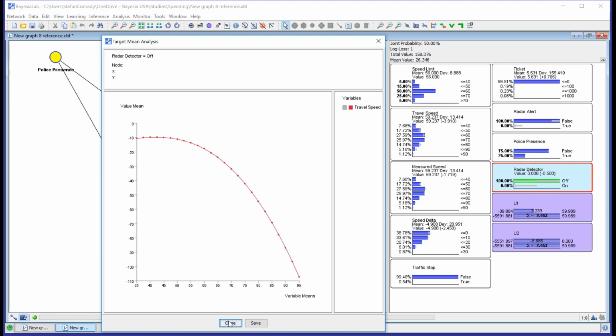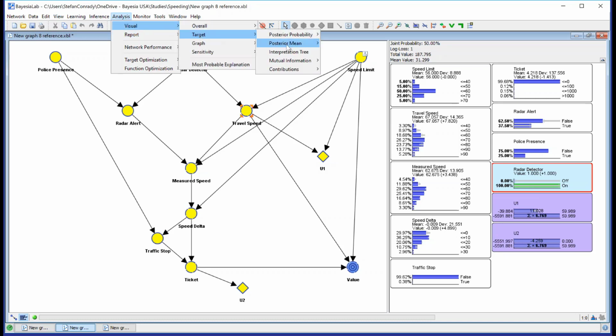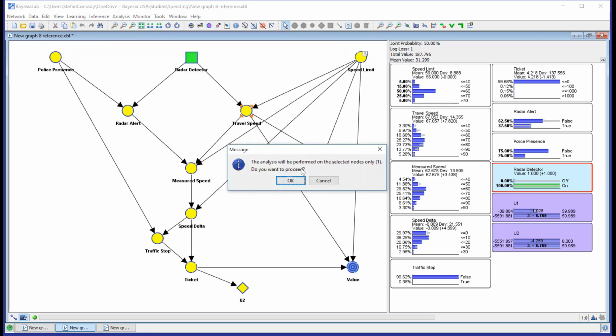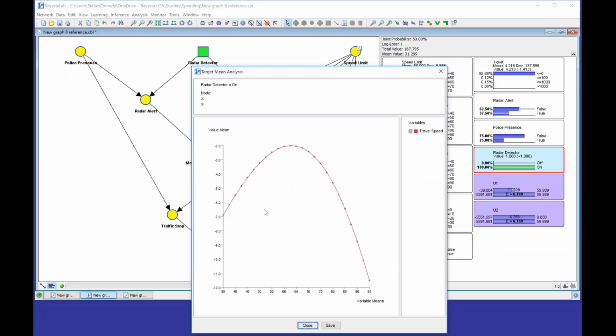That's perhaps fairly straightforward. Let's now do the same thing with the radar detector on and see how that affects the situation. Analysis, visual, target, posterior mean, standard. And here is my curve. So now it looks a little bit different. And I can now see how I'm also pushed a little bit further to the right.